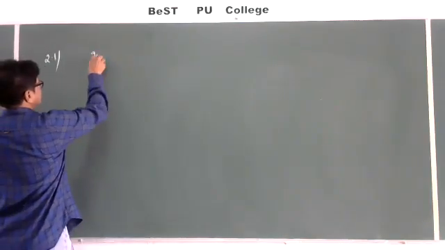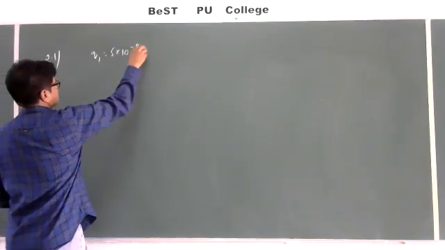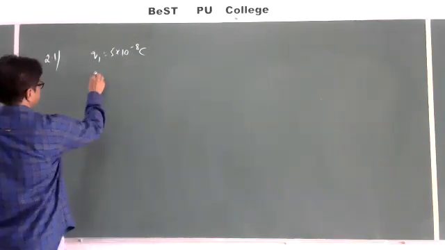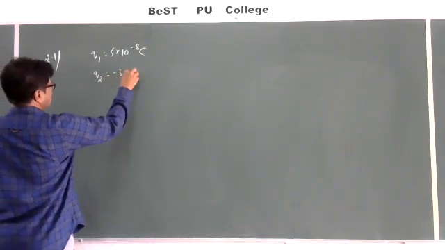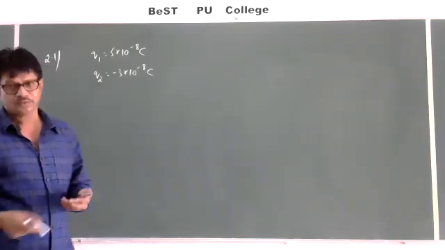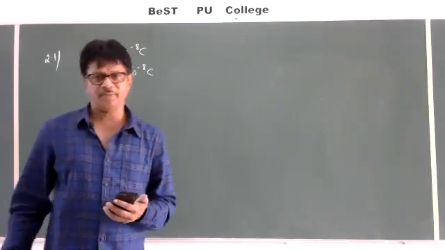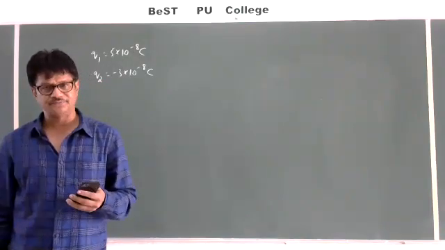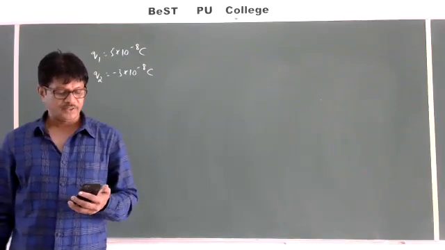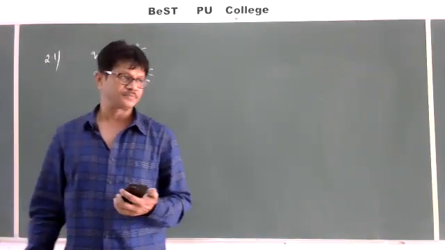The first problem: two charges 5 into 10 to the power of minus 8 coulomb and minus 3 into 10 to the power of minus 8 coulomb are located 16 centimeter apart. Full stop. At what points